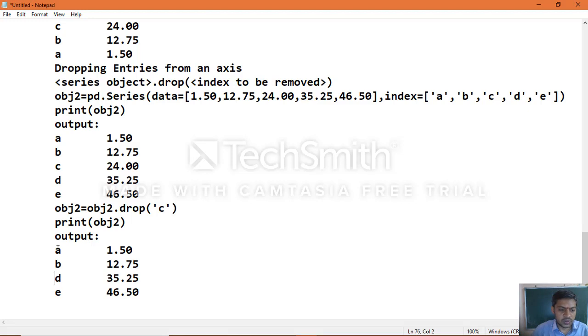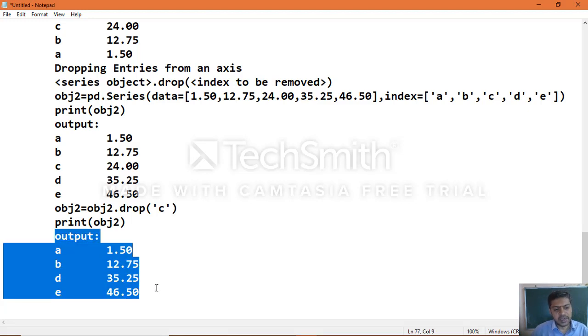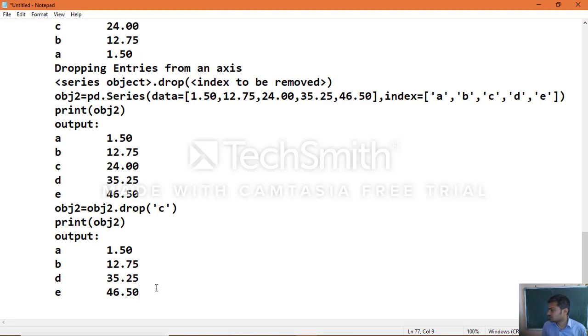So this is the output which you will get once you make use of the drop. That is how you can make use of the reindex as well as drop functions and sorting the data of series objects. Now we have come to the end of series object functionalities, how we can make use of them with the pandas module.